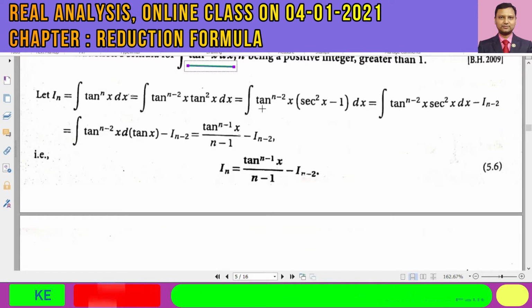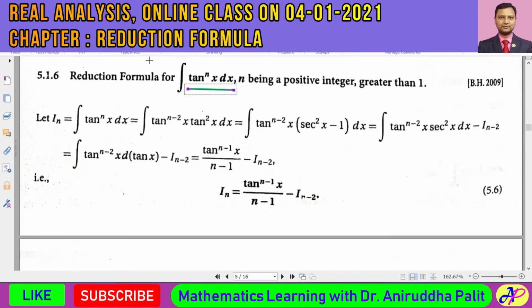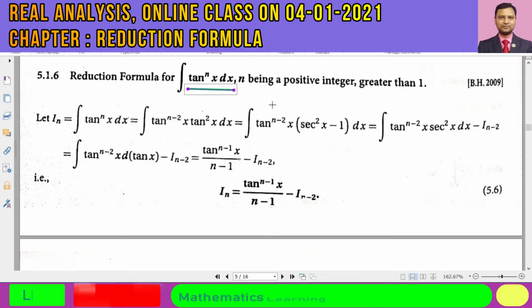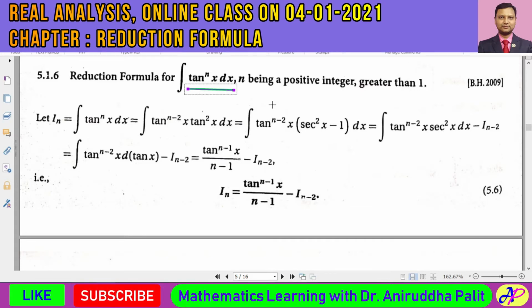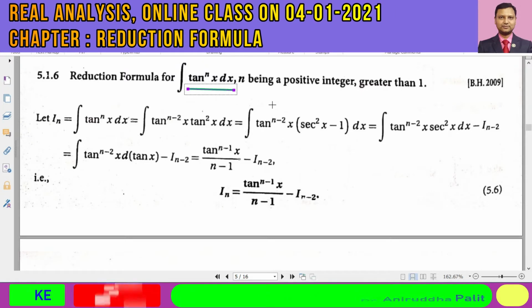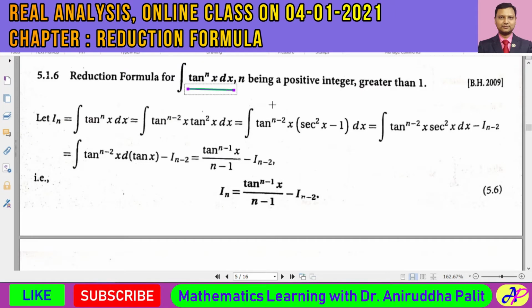So I will go through this tan to the power of n x dx reduction formula, and the same type of reduction formula for cot to the power of n x dx I shall leave for you as homework. Okay,